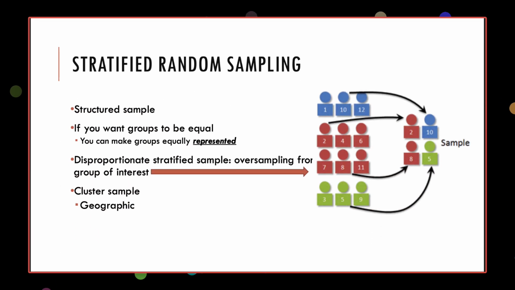All right, stratified random sampling. This is about ensuring that everyone's voice gets heard. Okay, sometimes random sampling just doesn't cut it. What if you're studying social media usage, but your random sample gives you 90% of people over the age of 65? That might not represent the full picture.